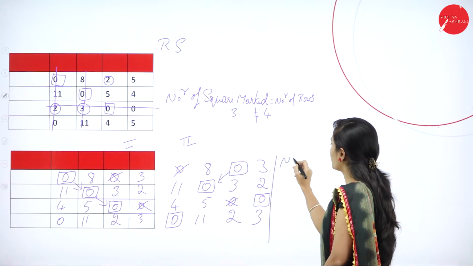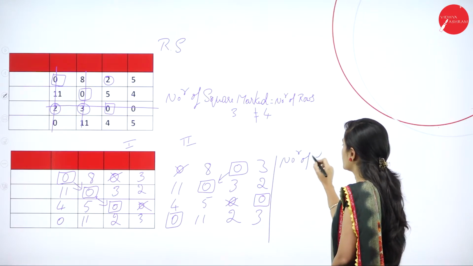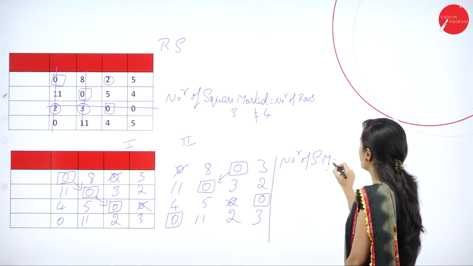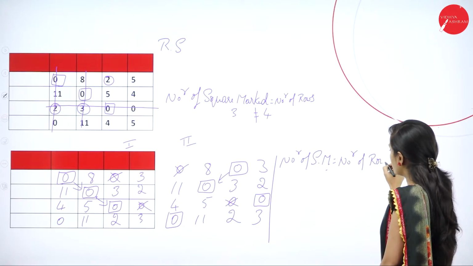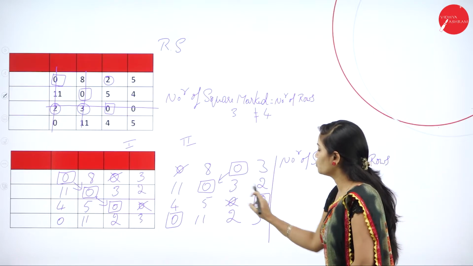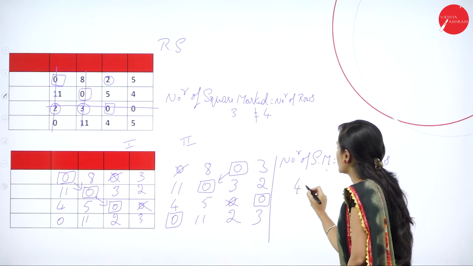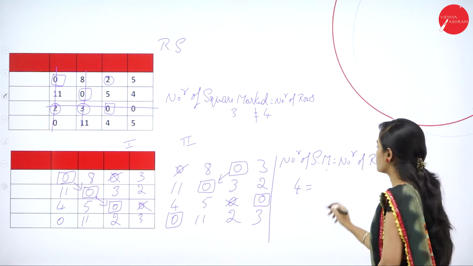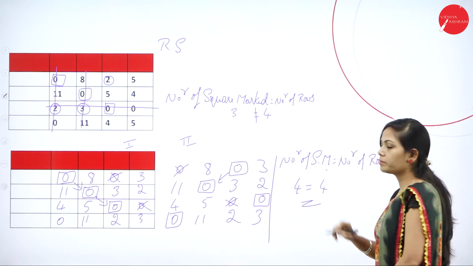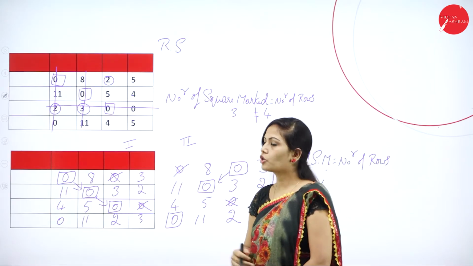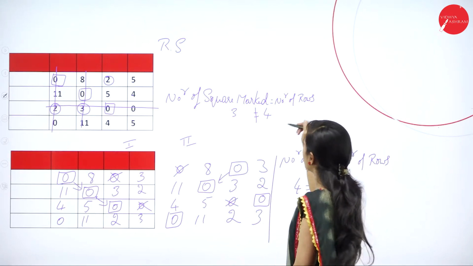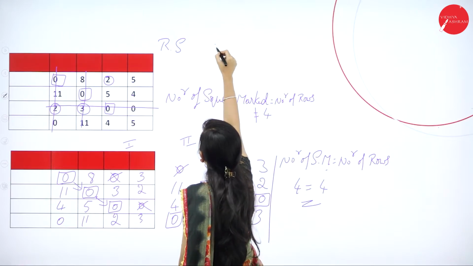So number of squares marked is equal to number of rows. So how many zeros have I marked here? 1, 2, 3, 4. So 4 is equal to number of rows, also 4. It is a square matrix. Now you can find the assignment and total cost. So now I will find the assignment. So optimal assignment is